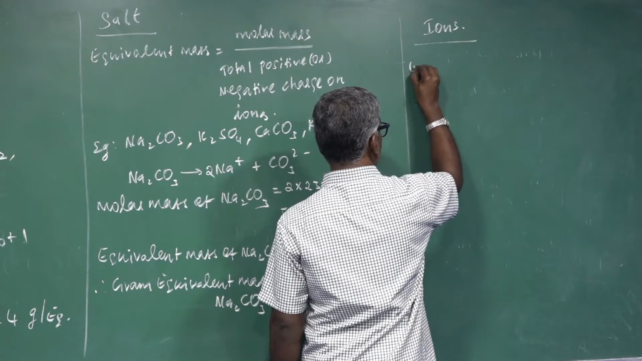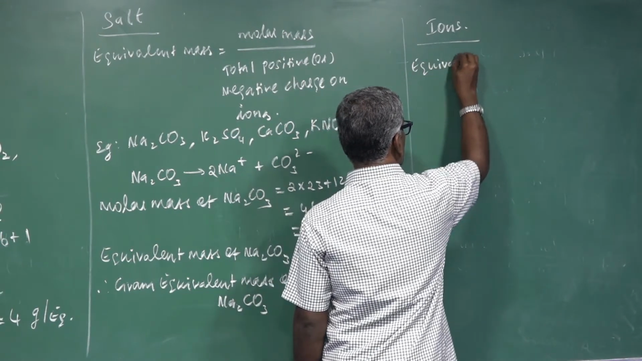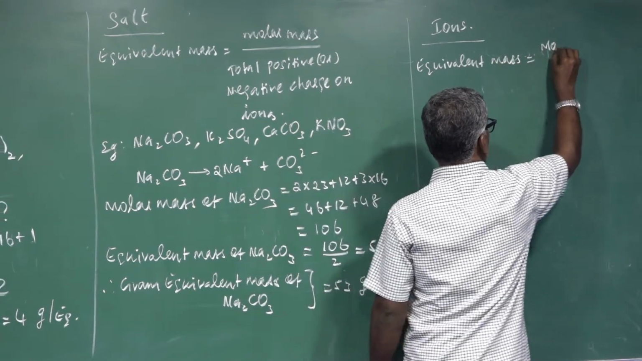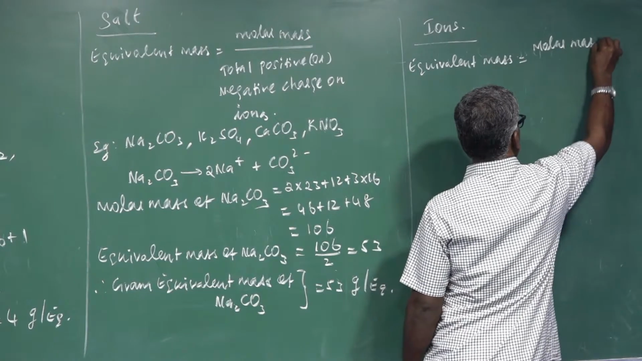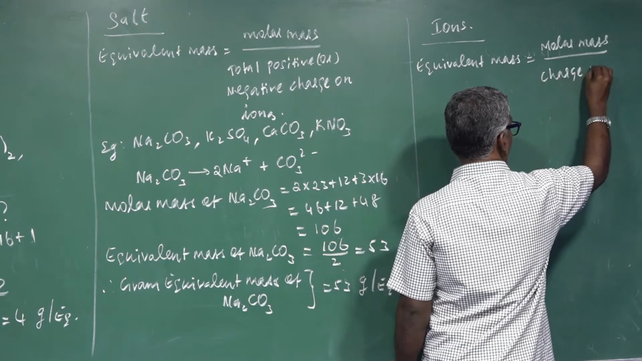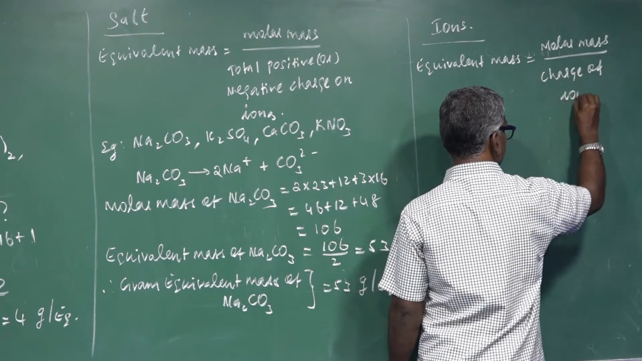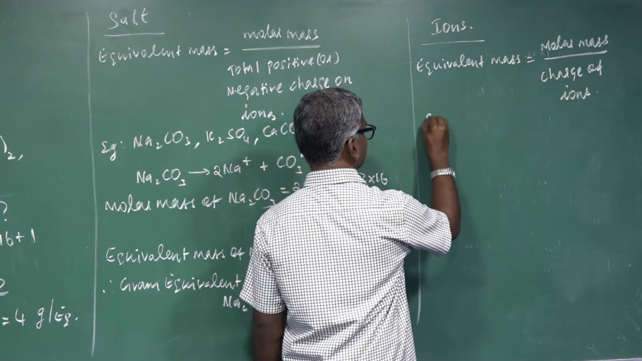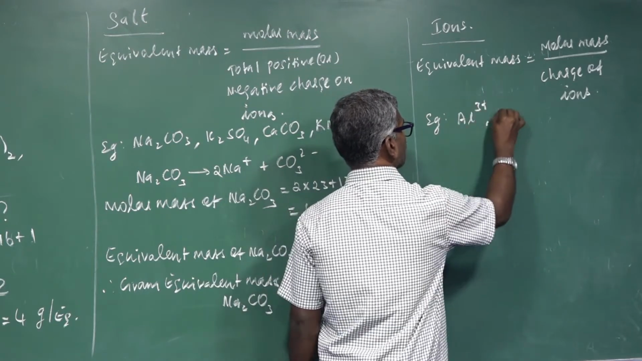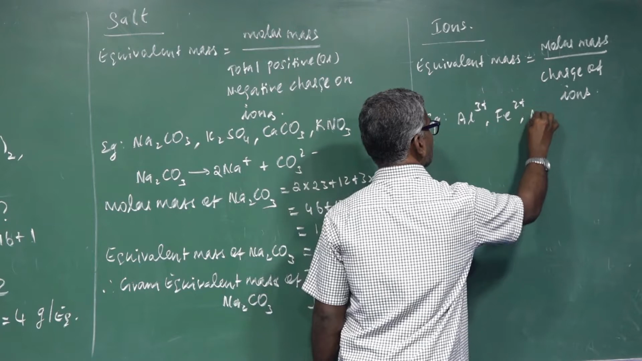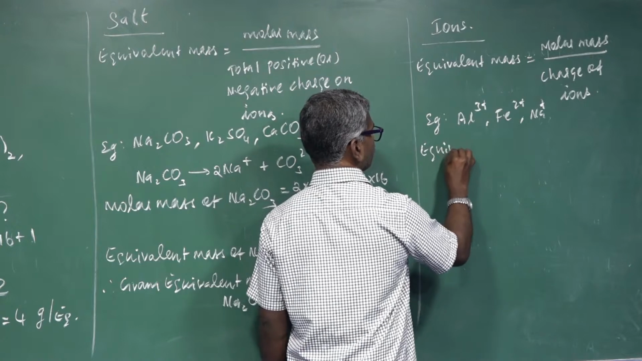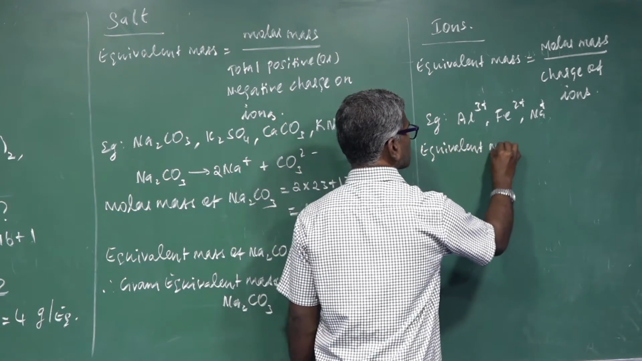What is the formula? Equivalent mass of ions should be equal to molar mass divided by charge of ions. For example, aluminium Al3+, Fe2+, Na+. Find out equivalent mass of